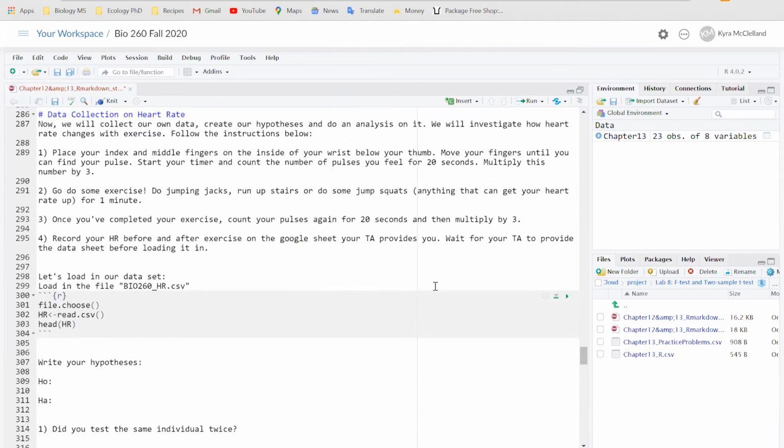So pretty much what you're going to do is take your heart rate by placing your middle and index fingers on the inside of your wrist, right on the middle inside of your wrist below your thumb. Oh yeah, like below where your thumb ends. That's strange. Okay. And you're going to hold it there and move your fingers until you can